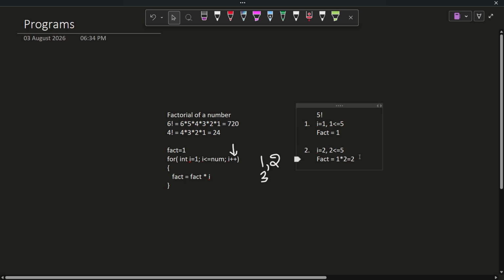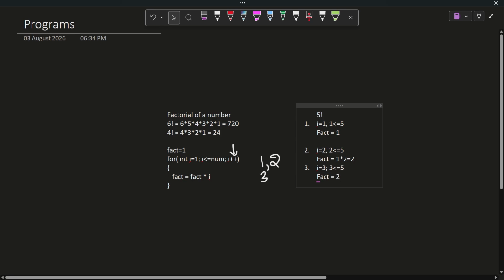Now the third iteration happens. i equals 3, where 3 is less than or equal to number, 3 less than or equal to 5. Clear? Now fact equals, what is the previous fact value from the second iteration?